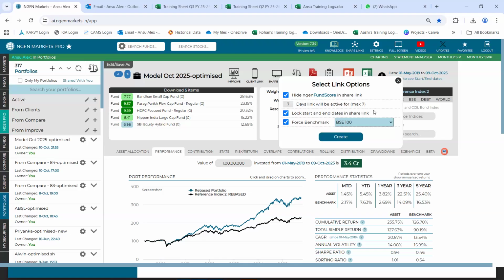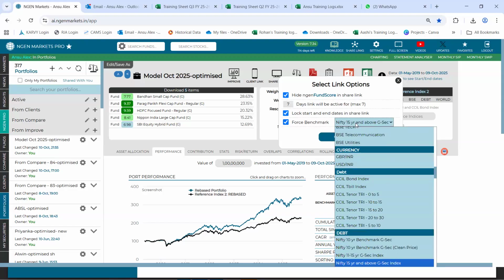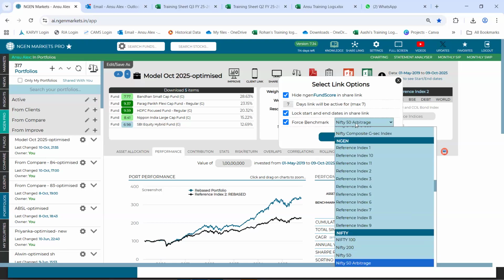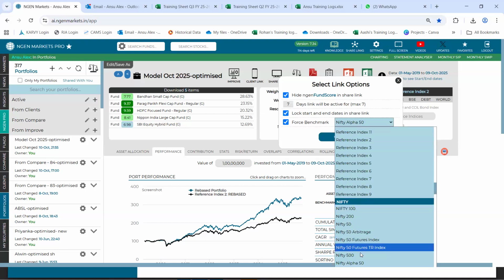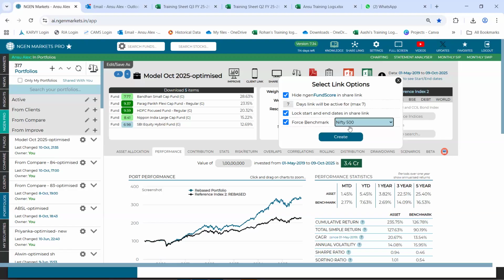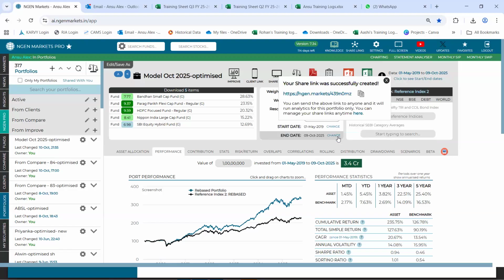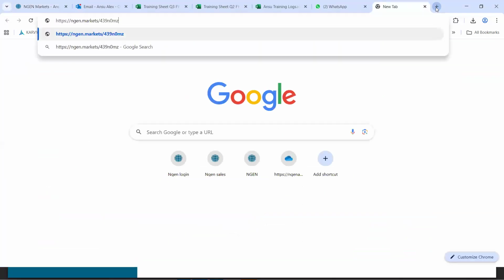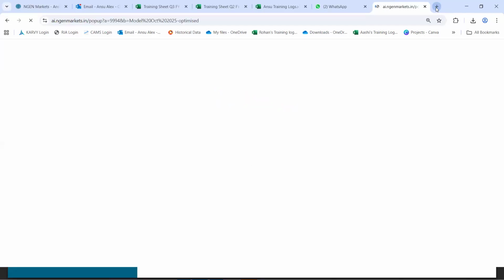By default, the auto benchmark will go whenever you use this share link as an option. If you use this force benchmark as an option, you can search for the respective benchmark that you want to freeze for this portfolio. So I've selected Nifty 500 and I'm just clicking this link. So once this link is generated, you can simply paste it onto your browser or you can share it with your client.